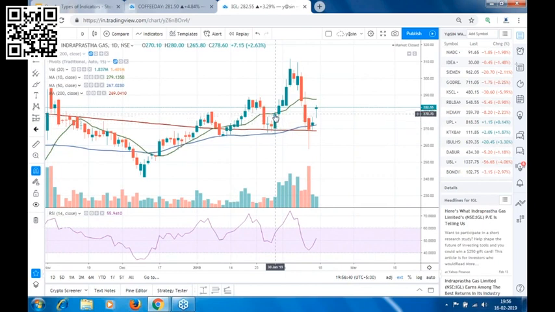And our target was, see, we gave 3 to 4 targets in this. Our second target was 305 to 310, and our last target was 315 to 320. And see in how many days? 1, 2, 3, 4. In 4 days, our two targets were hit. It made a high of 311.40. Our third target was not hit. Most of the time it would hit stop loss and come down. Sometimes I feel it came only to touch my stop loss.